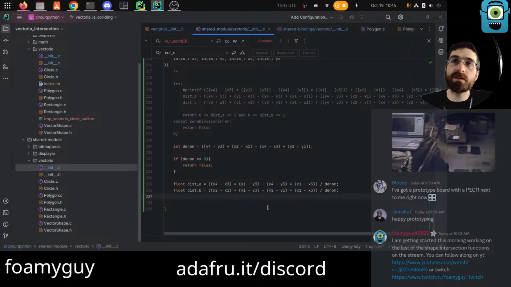We have another one of these things going on where it's using the try comparisons or whatever. So we have to simplify this a bit. I mean, could we still return like a Boolean expression? I think maybe, I'm not sure. I get like in my head, the if is actually a bit more clear when you're reading it. So I'm going to go with that, but it may work the other way and it may be something we want to change ultimately. So if 0 is less than dist A and dist A is less than or equal to 1,